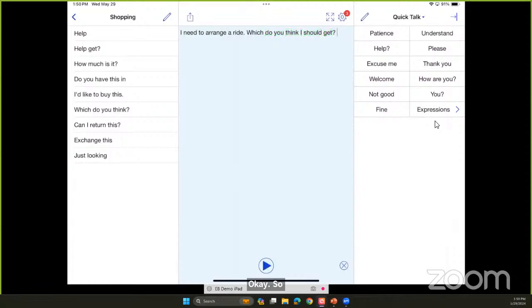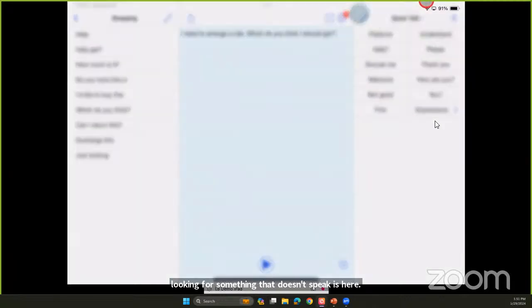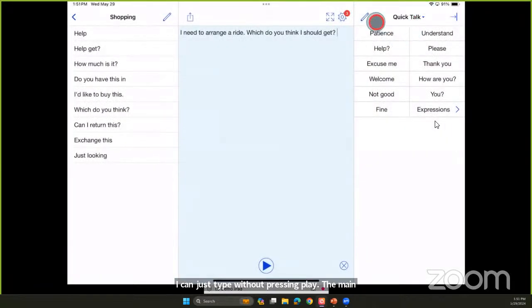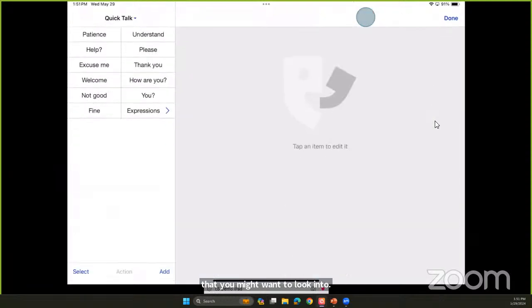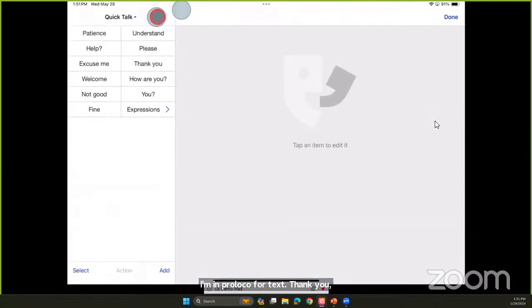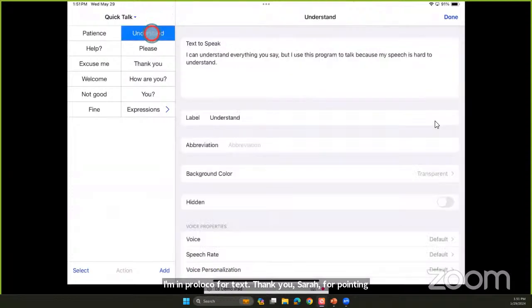The one thing that I would explore, if you're looking for something that doesn't speak, is that here I can just type without pressing play. I'm in Proloquo for Text. Thank you, Sarah, for pointing that out. If I go into my edit here, the main thing to look into is whether I can tap on a button, and there's a category of text to speak.